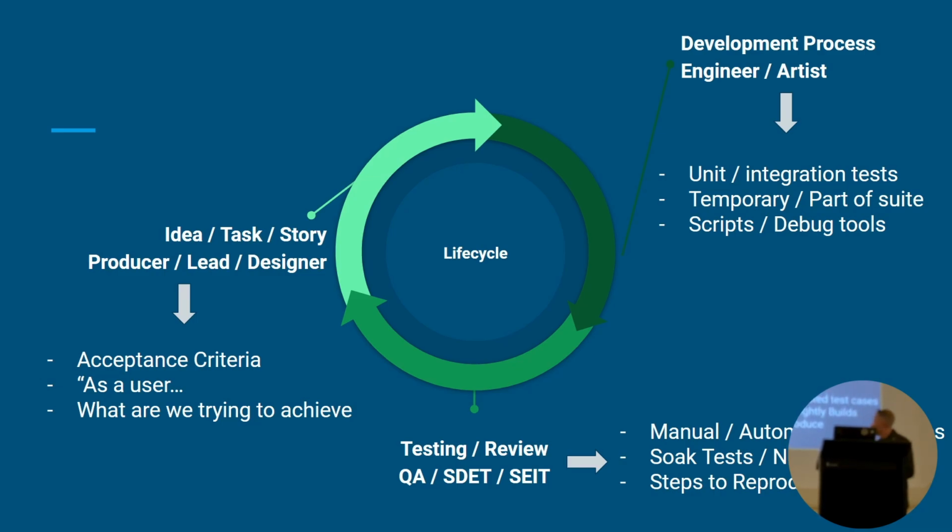And then, of course, when we come to testing, we can use manual test cases and then come back and automate them later, should we think that that's a long process that we could do with saving some time on. And the acceptance criteria we defined at the start can be used to help facilitate that. We can then go one step further and add soak tests or nightly builds if we think that'll add value to the project. And then something really simple like steps to reproduce, that in itself is testing criteria we use to verify if the thing's been fixed or is working as we expect.